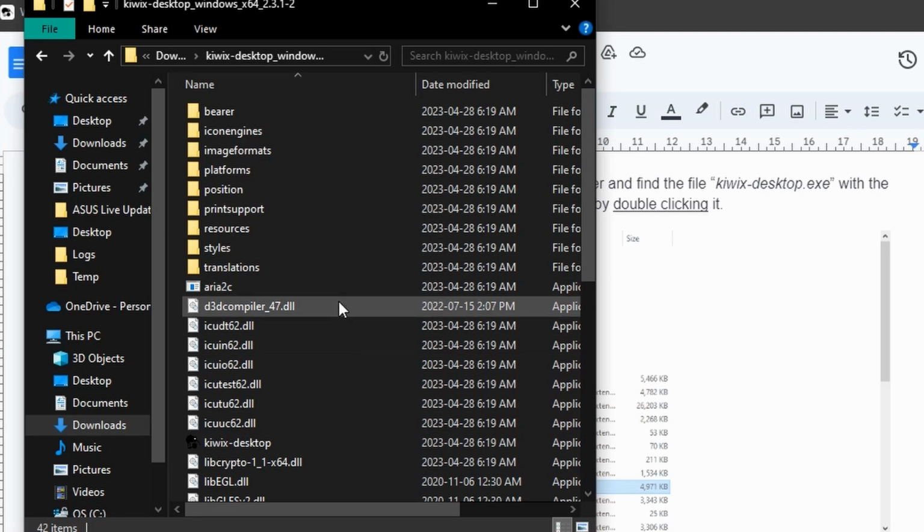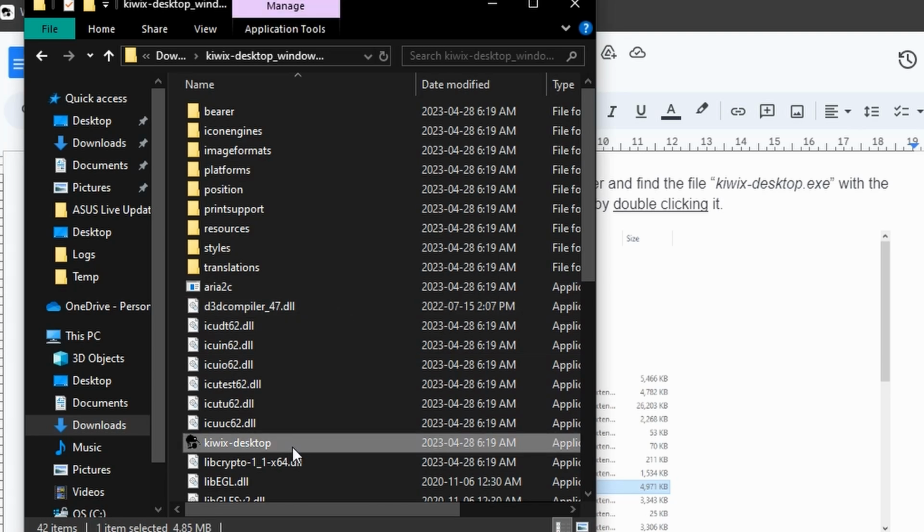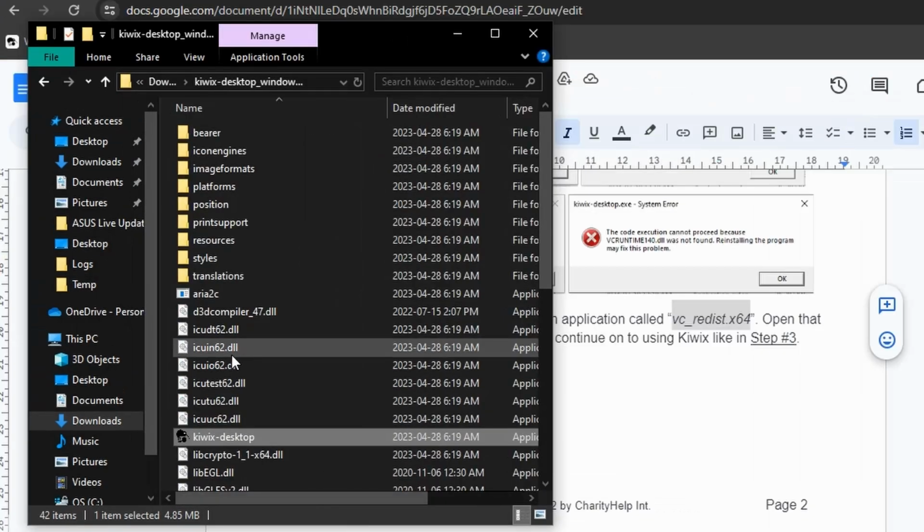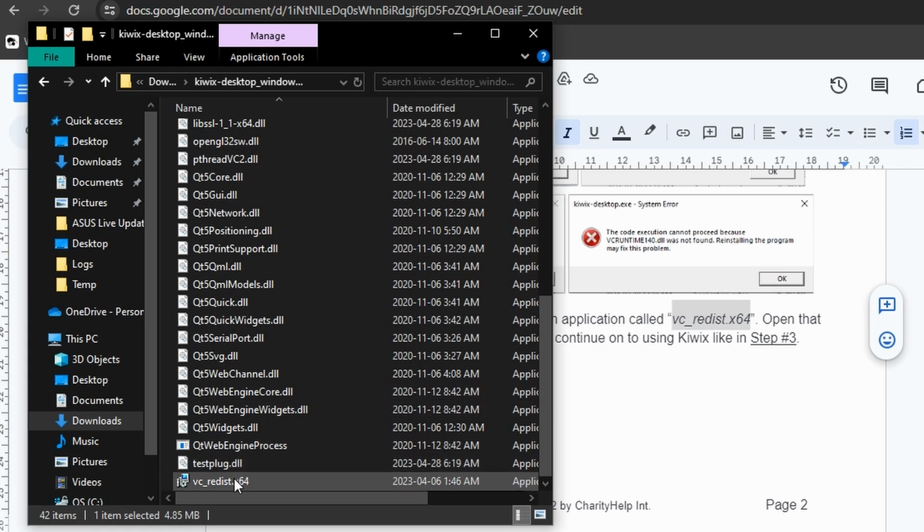kiwix-desktop.exe, which has the Kiwix icon on the side of the name. Then open it and see if the Kiwix will run. A new window will pop up and it will be the main page of Kiwix. After, close Kiwix and go back to the Kiwix folder, and scroll down to find an application called